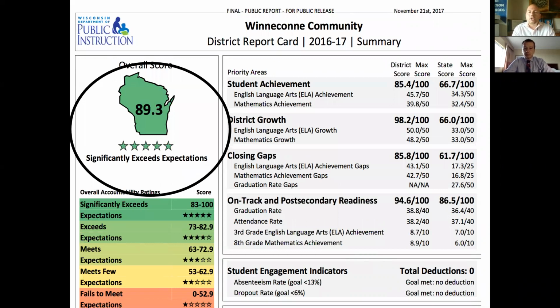And so we show that not to just say, well, look at us, we're great. We show that to say there is impact associated with what we're talking about. And I've personally seen it firsthand. I've seen it not only change how our students are doing on assessment scores, because that's not what this is about. The assessment scores are nothing more than validation in the changing of the learning systems that we've put in place. And so hopefully this gives you a little bit of a reason to invest in what we're talking through, because there has been a high level of impact as a result.